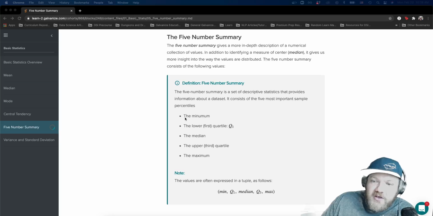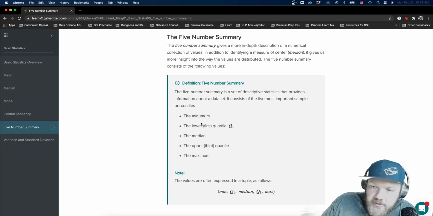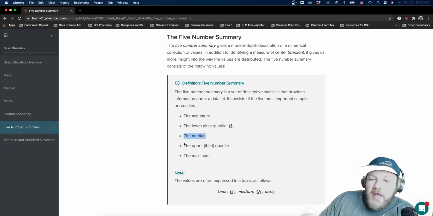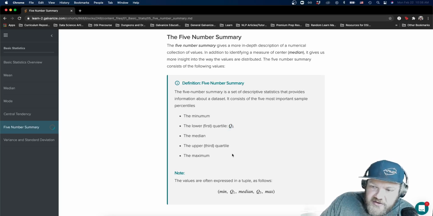It tells us the minimum, the lower or first quartile, Q1, the median, right? This is one that we already know. This is one of our measures of center. And the upper or third quartile, often notated as Q3, and the maximum,